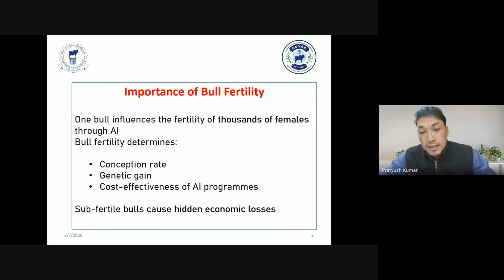See, in the field in India, all over the country, the conception rate of animals is only 30 to 35%. The reasons behind it are many. There is not a single reason for the reduction of the conception rate percentage; it is not only the bull. There are many reasons. The female also plays a part, and the bull. So both are responsible for maintaining the conception rate.